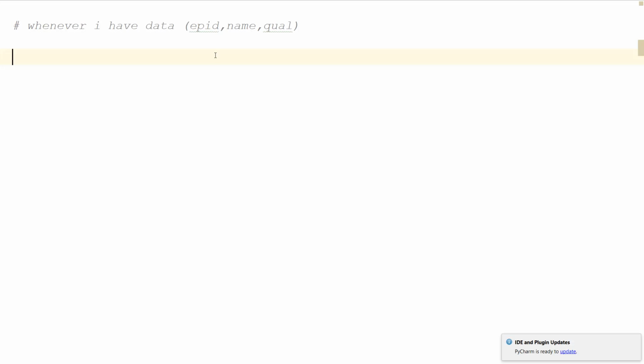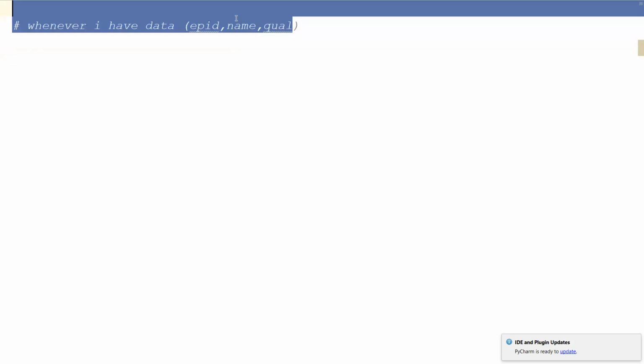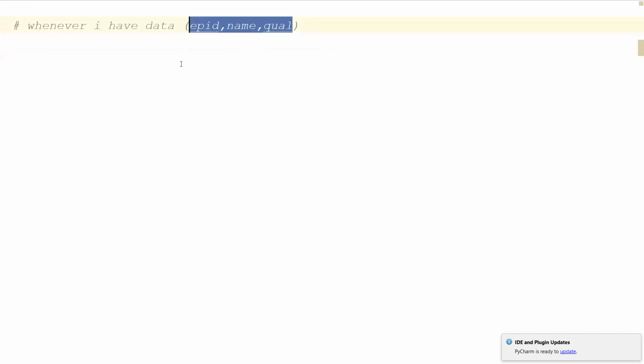Employee ID, employee name and qualification are three different columns and different values, but I want to store them in a single variable. Then we have to use the tuple variable.